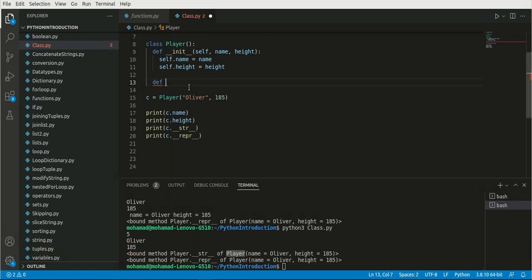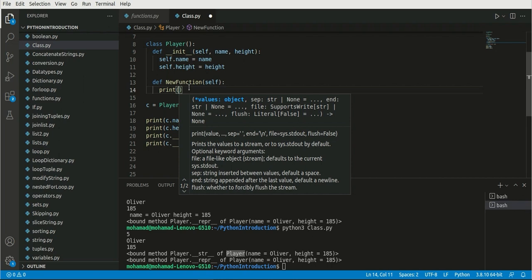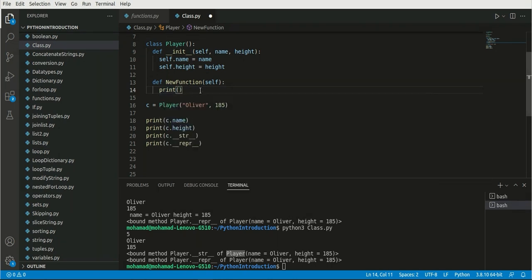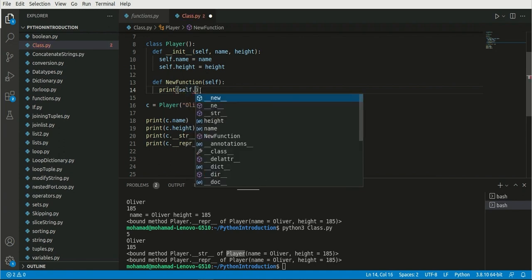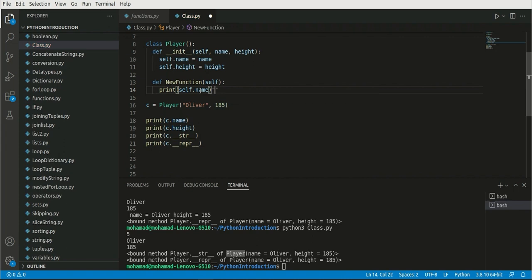So for example, we want to create a new function inside of a class. Nearly all of the functions inside of classes should have the argument self to be able to get the other variables that are defined inside of the class. And then inside of the function we can print out, for example, self dot name, and then we can say was the player